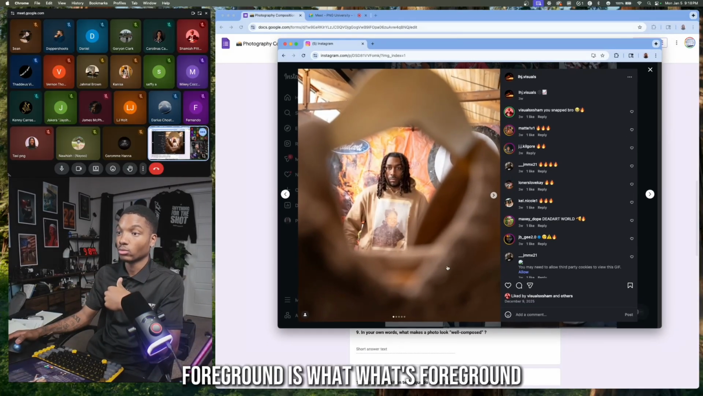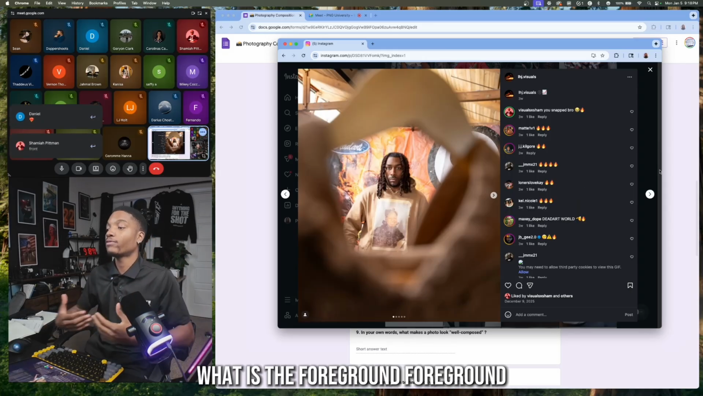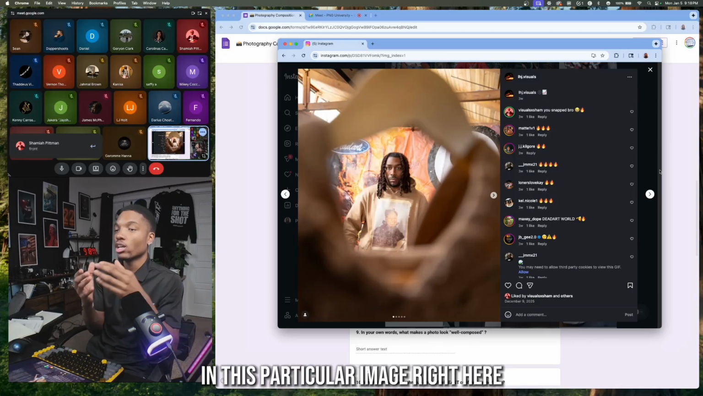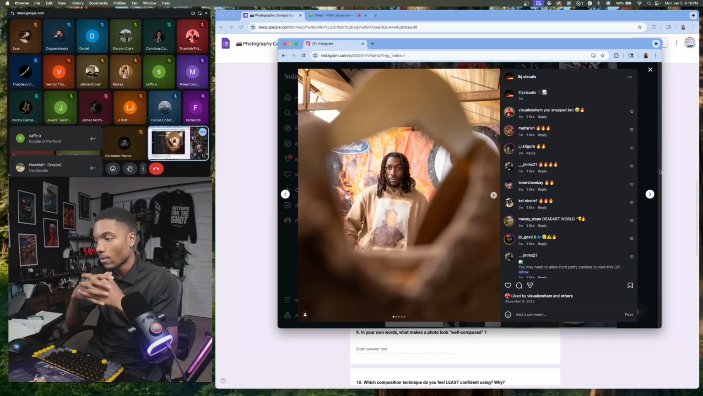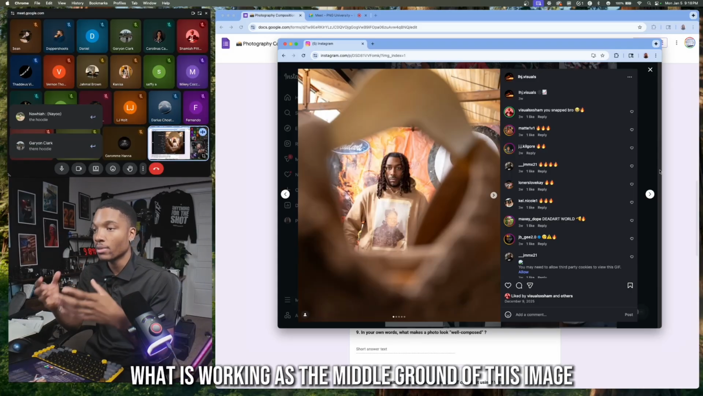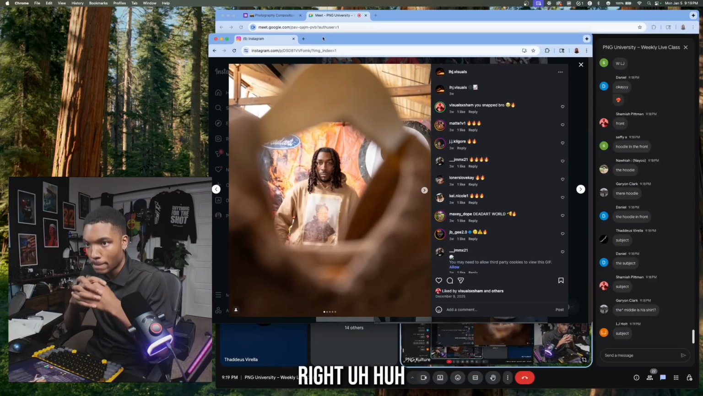Foreground is what? What's foreground, you guys? What in this image is the foreground? In this particular image right here, what is working as the foreground? The hoodie. Yes. What is now the middle ground? What is working as the middle ground of this image? Right? The